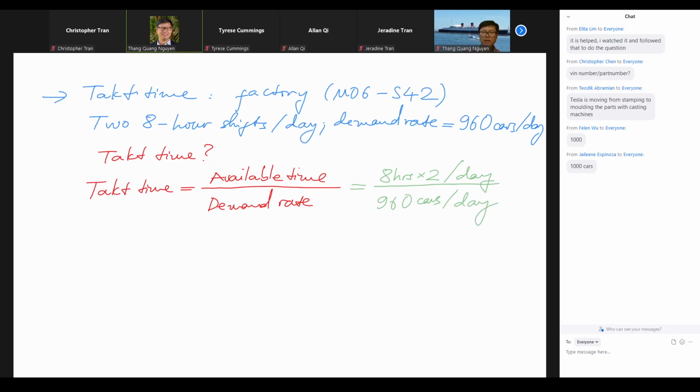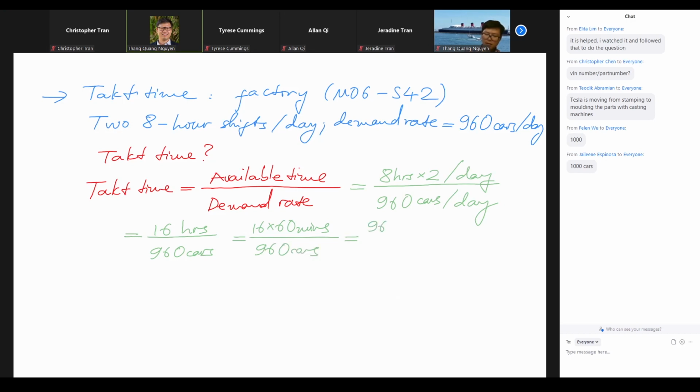All right, the day will be canceled out. We only have 16 hours for those 960 cars. Right, so that's a takt time right there. How much time is needed so that we can produce the demand, right? But then in the current form, it's a little bit hard to grasp the concept. So we convert it to minutes, 16 times 60 minutes divided by 960 cars,